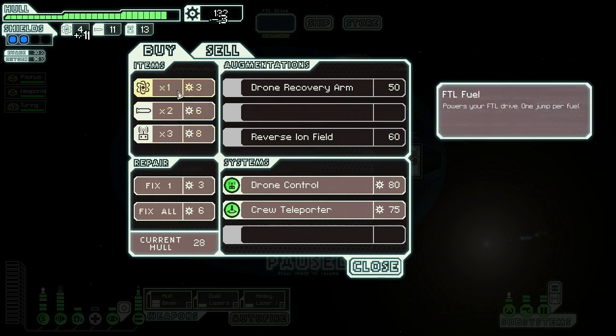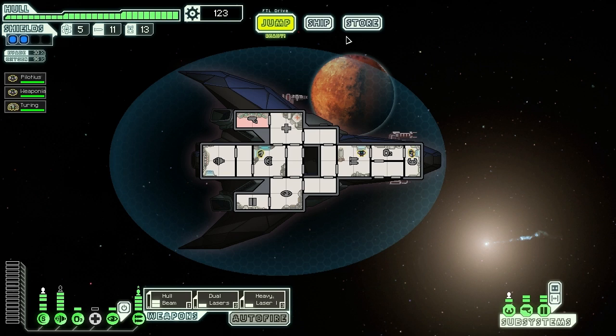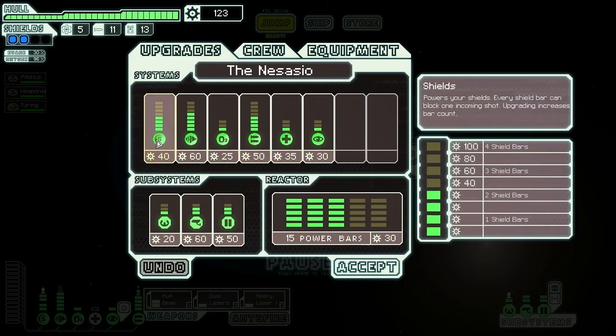So you know what, let's buy all the fuel, definitely. They only had 3 fuel, that's terrible. Let's definitely fix all of our ship while we're here. It's going to be very cheap. And now let's check out our upgrades. Let's definitely buy